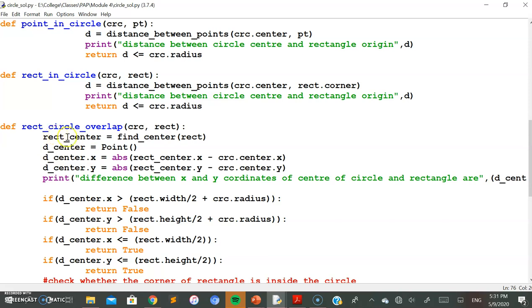Once this rectangle center has been found, next we need to find the distance between the centers of this rectangle and this circle. For that we require one more object of the class point, and how to calculate